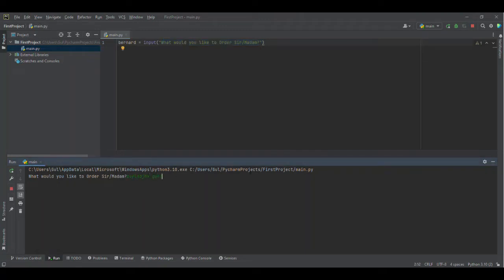So you can type anything here. What the input function does is ask the user for his or her input. So what would I order? I say one arrabbiata pasta, and